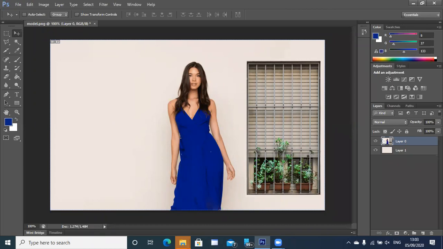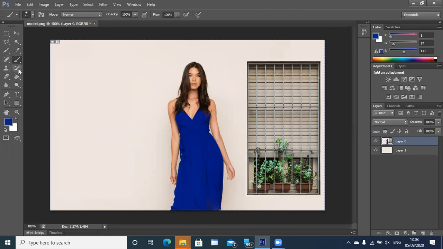Romit, you can use the eyedropper tool, select the color and use the brush tool. Normal brush tool you can use, right? Here is a normal brush tool. You can just use the brush tool to fill up a certain area, Romit. You can change the color from here. Double click on this, choose whatever color you like and start brushing.